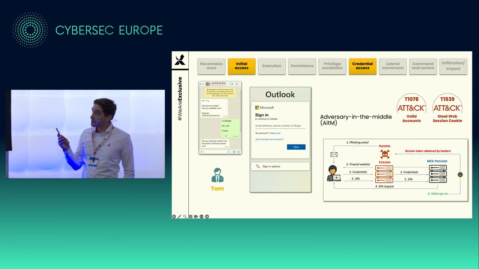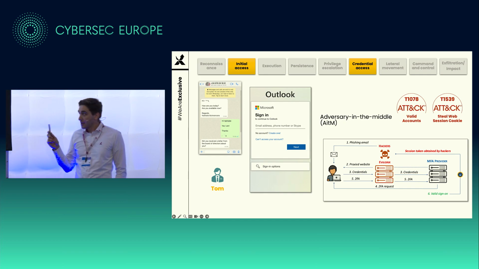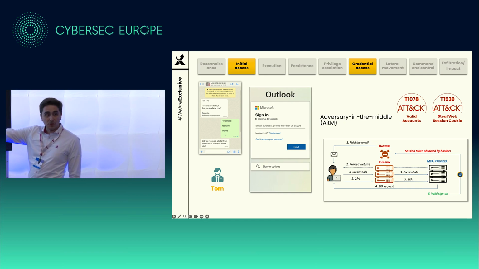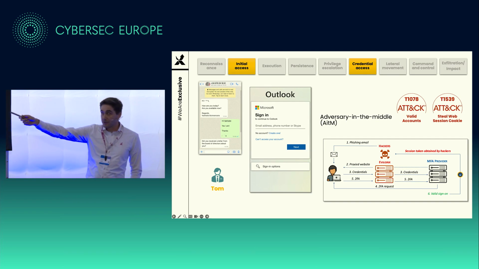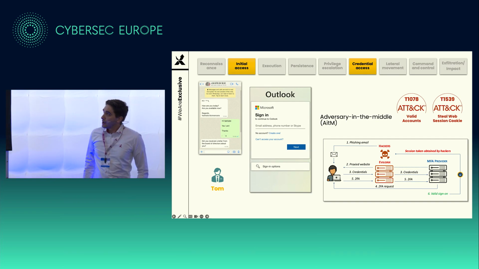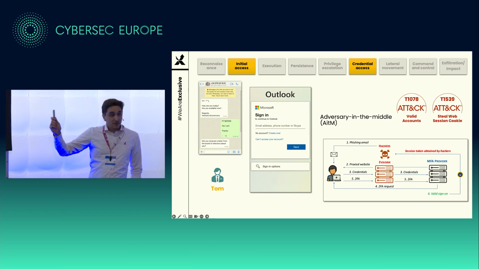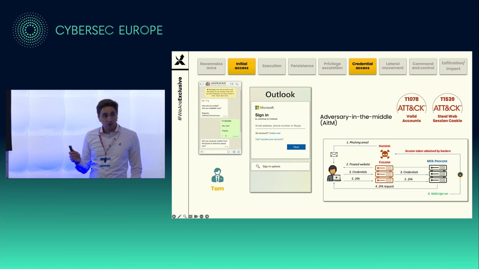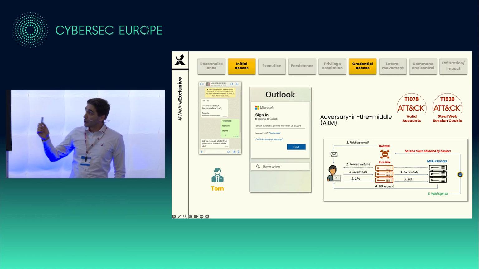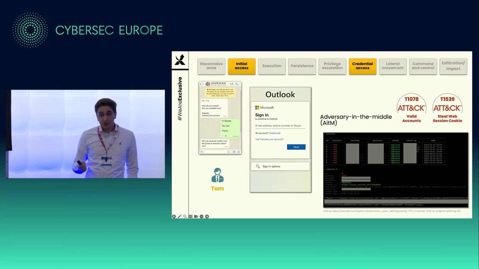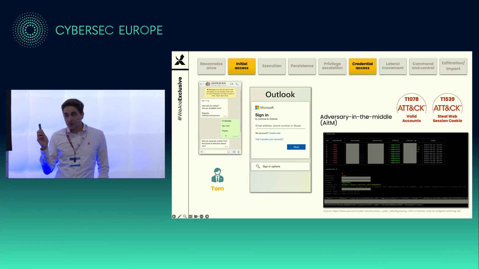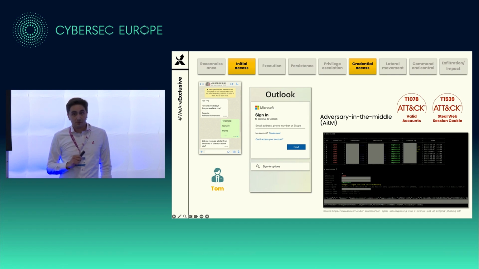He was targeted by an adversary-in-the-middle attack. What happened is that attackers deployed a reverse proxy, and these tools are even open source. You can download them if you want, Evilginx version 3 already, which is designed to steal credentials. It mimics exactly the same representation of a website like the Outlook login, and then even relays the MFA for you. So you have no clue that you're logging in on a fake website. The goal is to, first of all, get the credentials, but also steal the session cookie. Because then the attacker can extract the cookie, put it in whatever browser on his machine, go to outlook.com, and he's logged in as Tom under his profile.